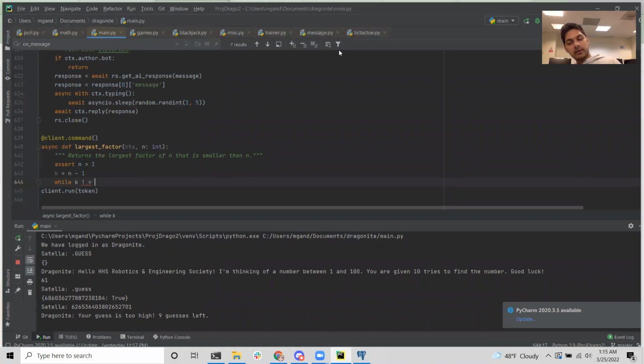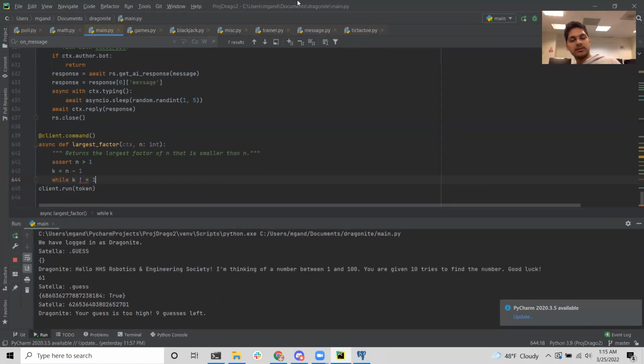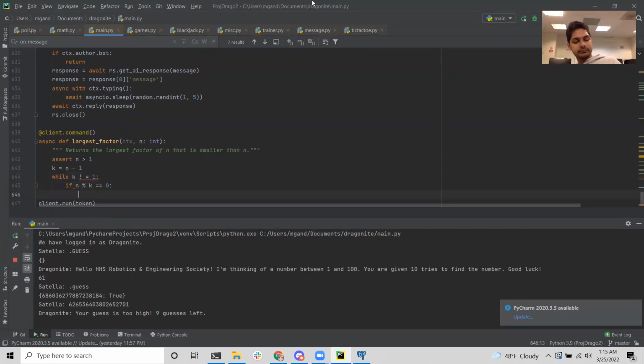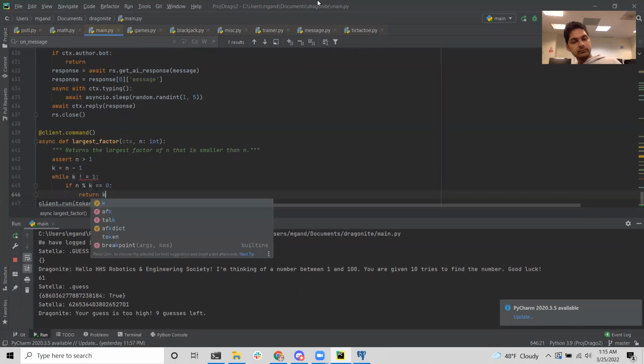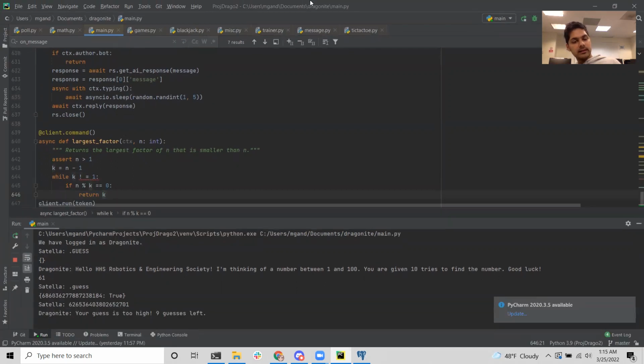So the point is we can't just return the response, like return the largest factor. We need to actually send it, and that's the main difference. This is how the code looks.